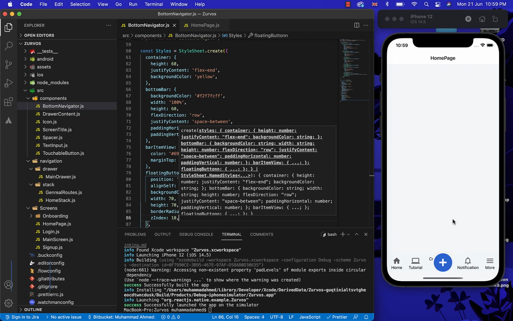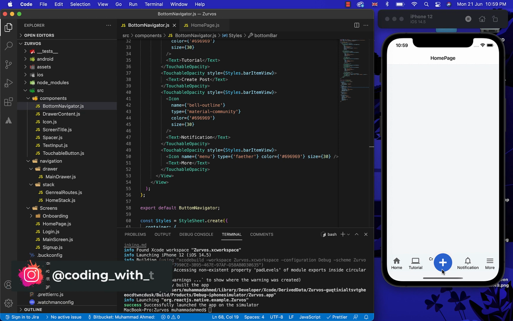As you can see, our create post text is behind the plus button. So for that, let's just add some styling.